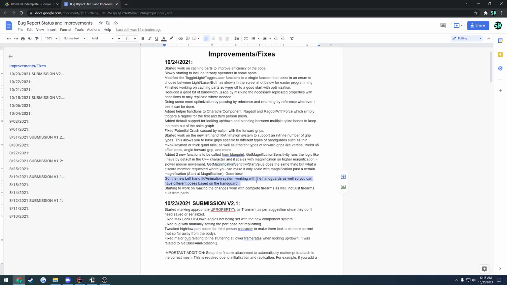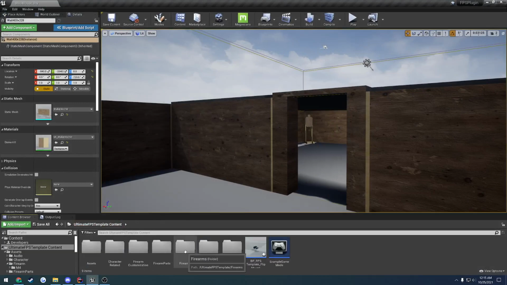So I got that AK animation system that I just mentioned working with handguards and all that fun stuff. And I started working on making changes to work with complete firearms as well. So far I've only had to fix one thing, and that was the left hand grip positioning and all that, like what animation to use. But that was just so if we have a firearm that's not split out into a bunch of parts like this one is,